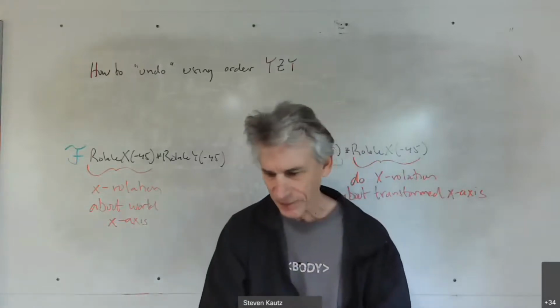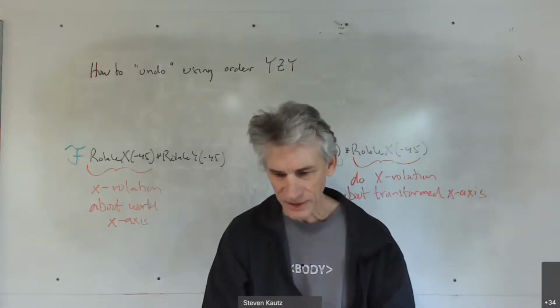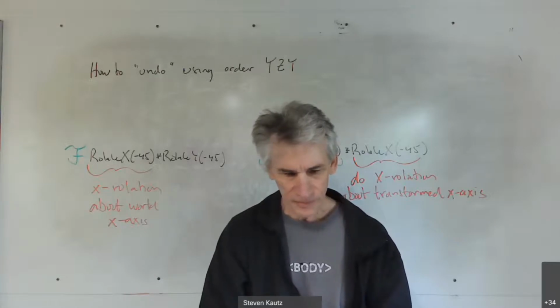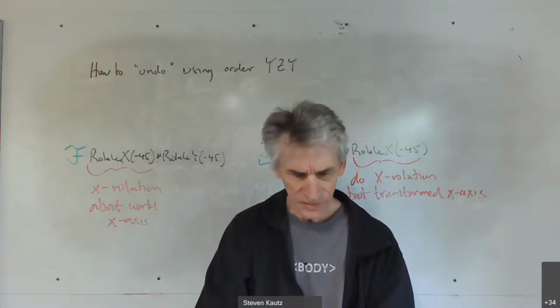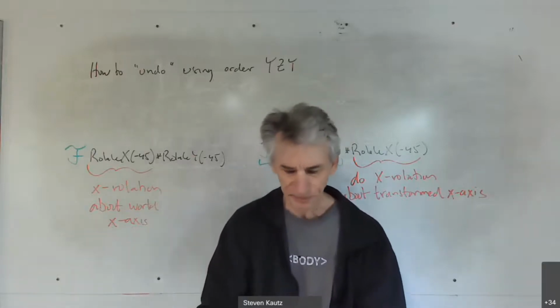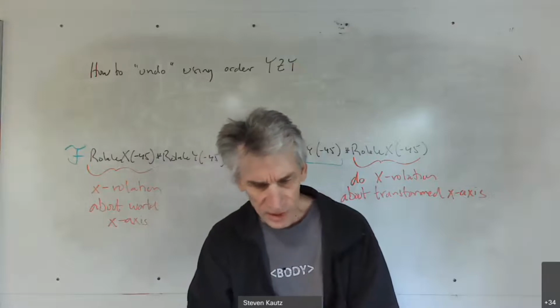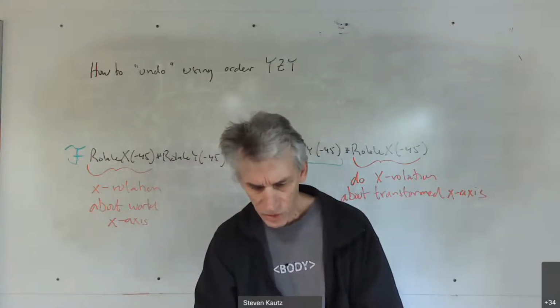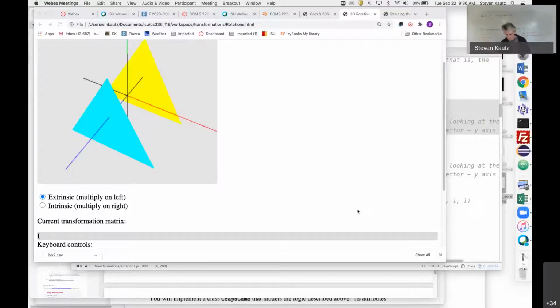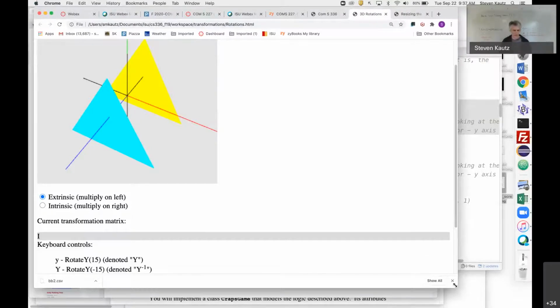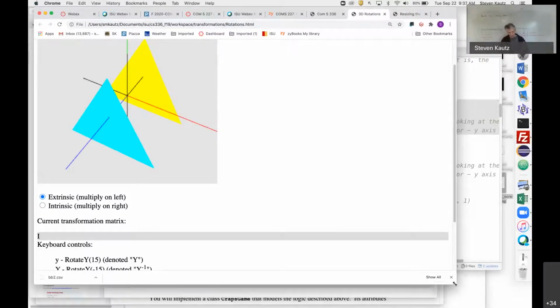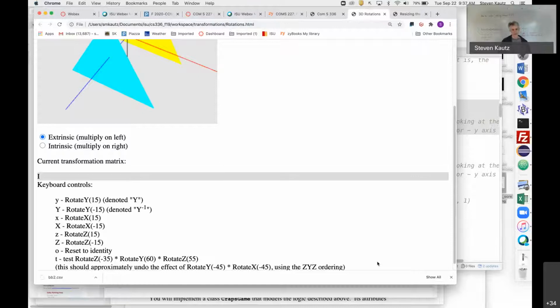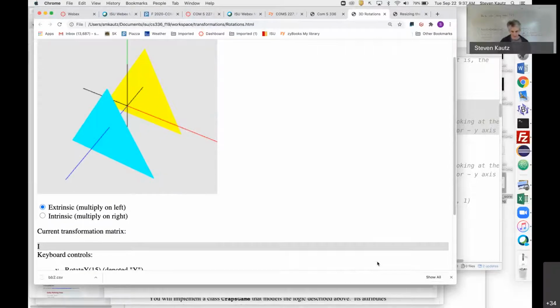To help guide us in this discussion, I got another idea, which is just a little experiment. I put it together some years ago to try to, again, get my head around how these things work. And so we've got key controls that will do an incremental rotation about X or Y or Z. And so, for example, if I tell it to do,